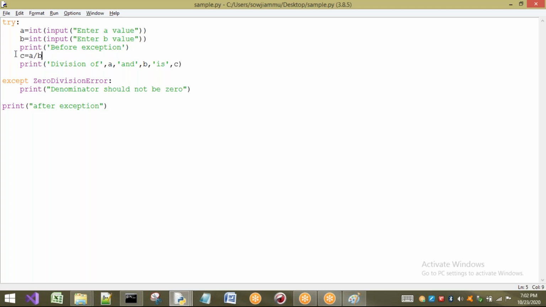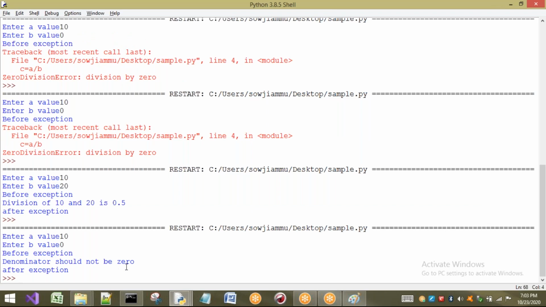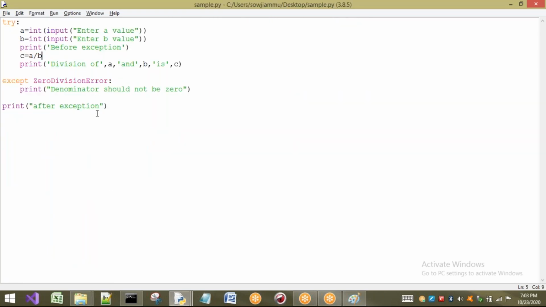No. From here it will directly jump outside and check which type of error we are getting. Zero division error. So it will check for the zero division error except block, and since it is present, it will execute. That is, denominator should not be 0 will be printed here. After that, this one will be printed. What about this line? This line is not printed.